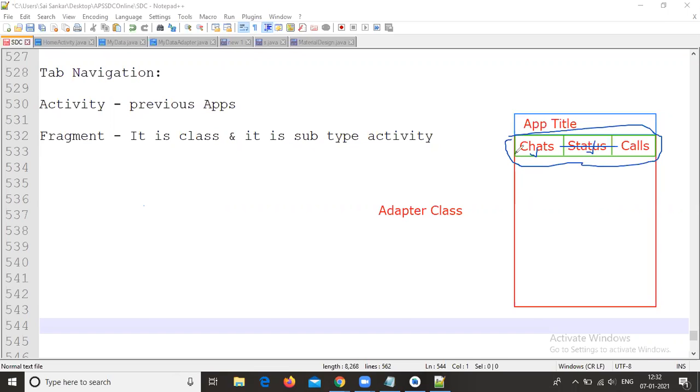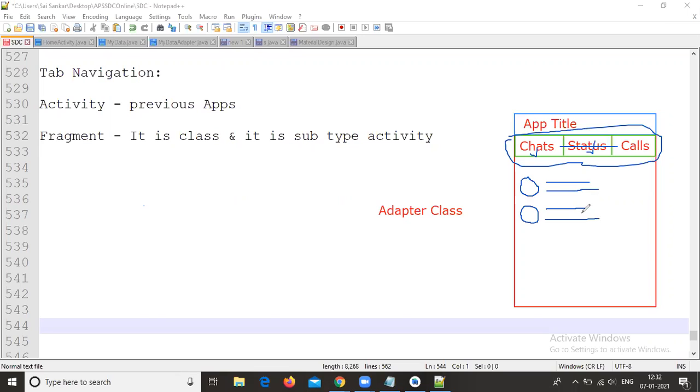In case you are observing our chats in the WhatsApp application, inside chats we have a design like this: one image view and one text view, that means for displaying the name or number, whatever it is. After that, it displays the last message of the particular person. Each and every row contains this type of design, and for this type of design we have separate adapter classes available.